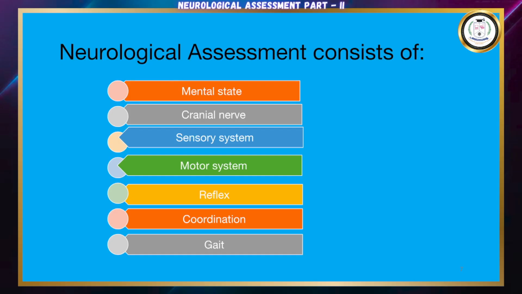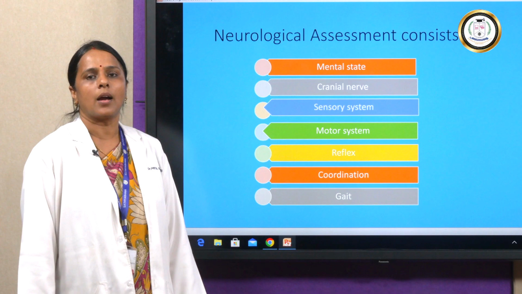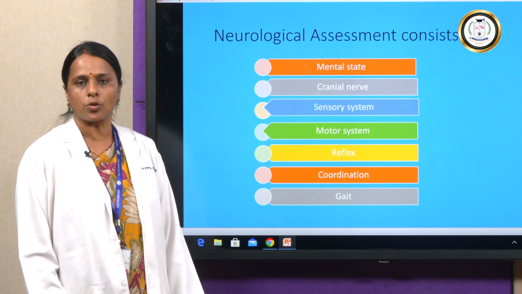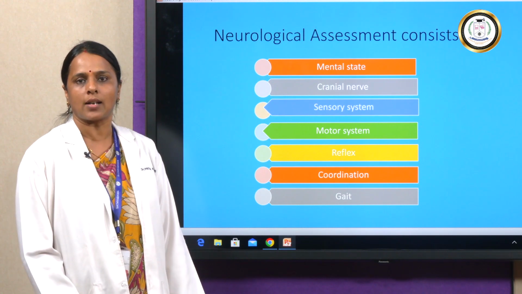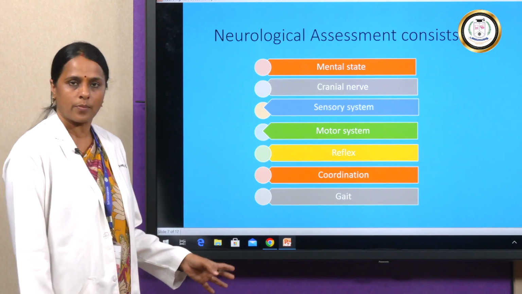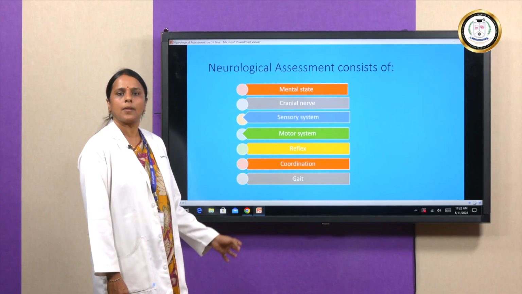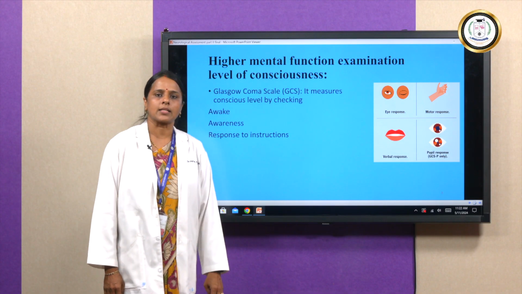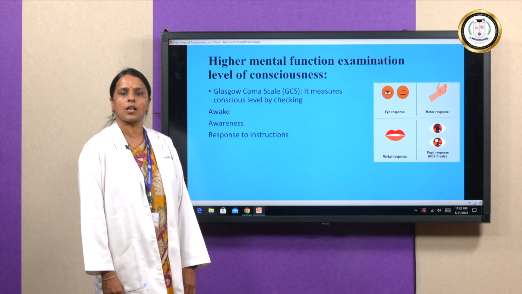Now, we will go into detail of the neurological assessment. The components covered so far are basically covered in almost all types of assessment. Now, we are going to streamline more towards the neurological aspect, and these are the things which we will be covering especially for the neurological assessment. First is the mental state of the patient, cranial nerve examination, sensory assessment, motor system assessment, then reflexes, coordination and gait. Now, under mental state, the first thing which we are going to check is